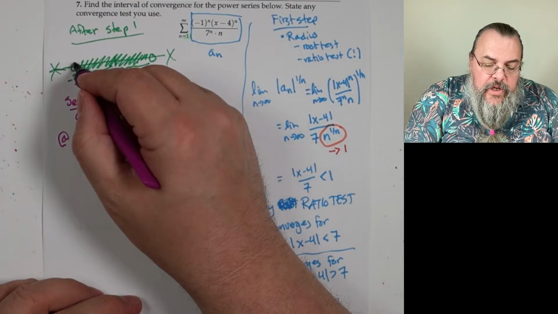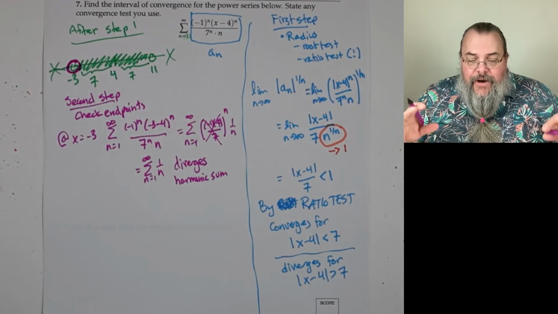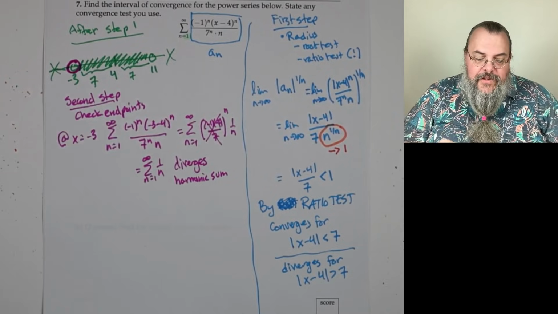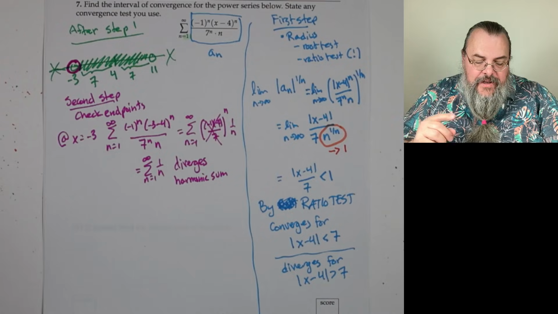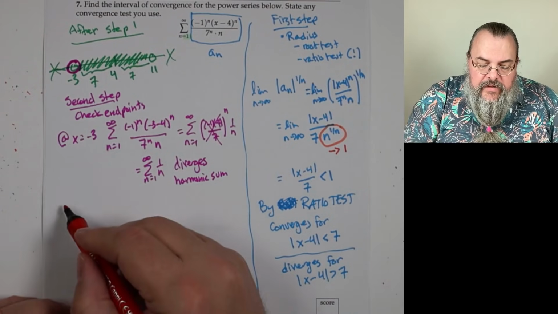Well, it tells us we don't include -3. So -3 is out of the interval. But that still leaves us with a second point. So we say, okay, let's check that point. At x equals 11,